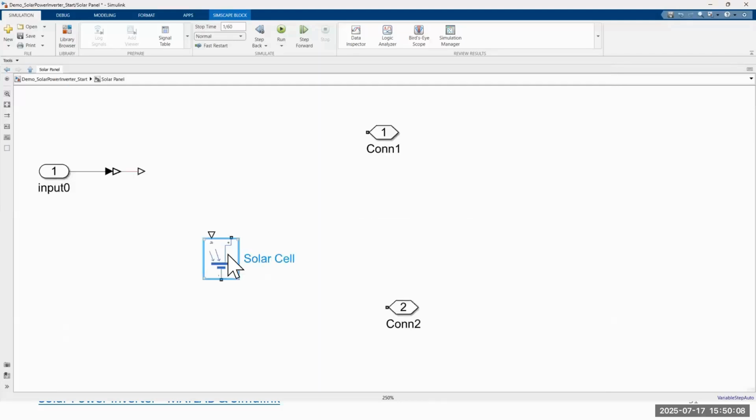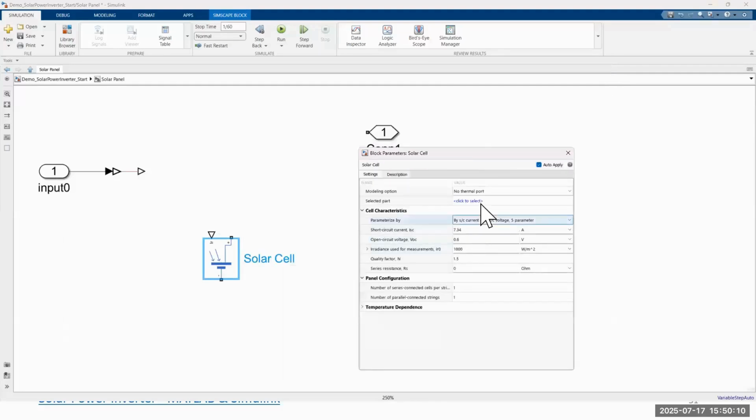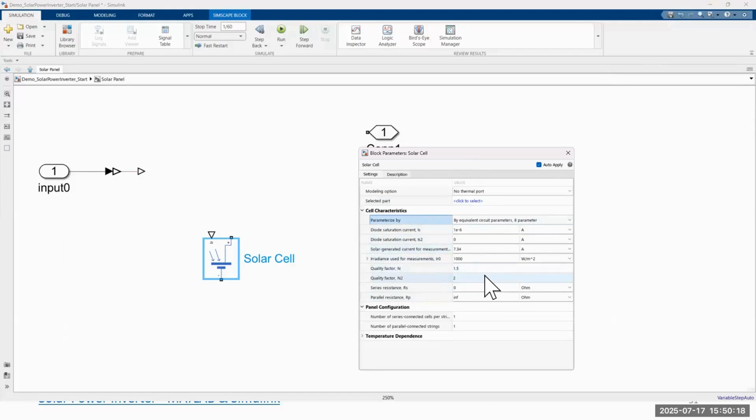So you can select the components, but there are also already parameterized parameters that you can use. For example, these are the cell characteristics initially for this solar cell. And then let's say we have series connected cells of 700 components.